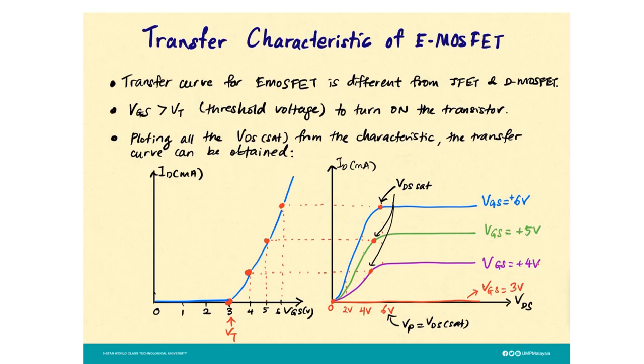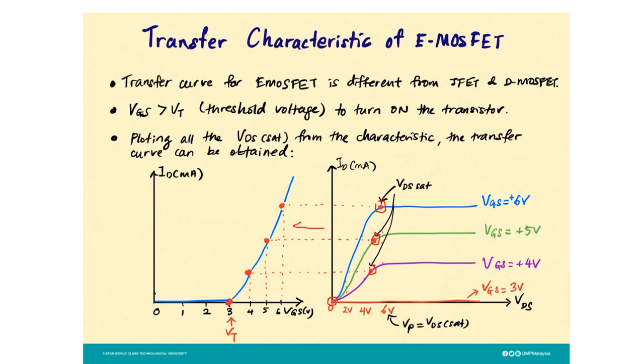From the previous video, we learned the operation of the EMOSFET until we get the characteristic, which is the graph of ID versus VDS. Now we take a look at how we can get the transfer curve from the characteristic. This diagram is the transfer curve that we get from the characteristic by plotting the VDS point for each level of VGS